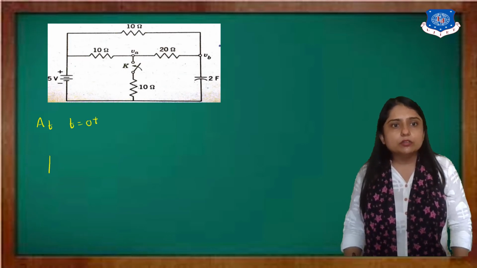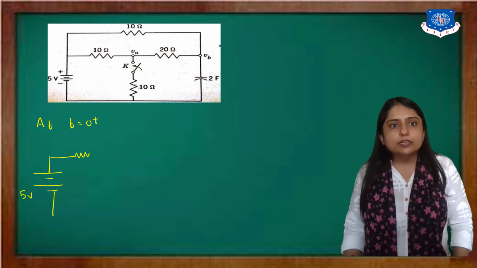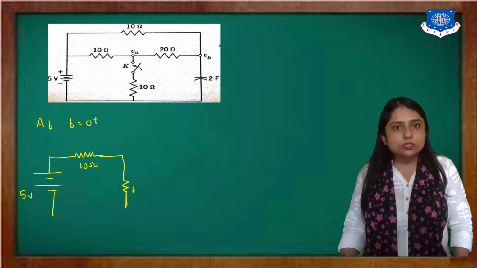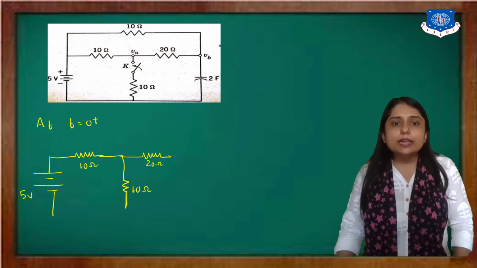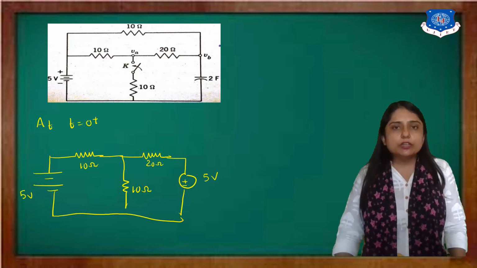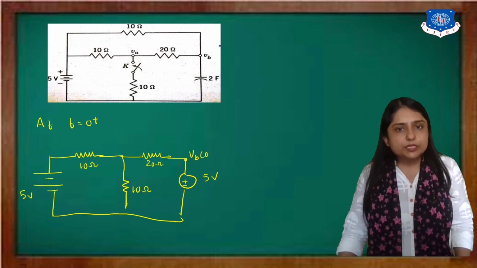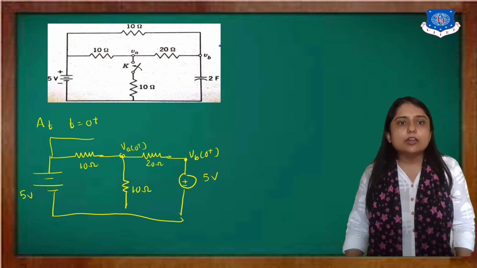So here, first of all, this is a 5 volt source, then a 10 ohm resistor. Then we have to consider our circuit is closed, that is 10 ohm, and here it's 20 ohm. And for the capacitor, the voltage drop across it initially is VB(0-), and that was 5 volt. So we will represent the capacitor as a voltage source. This value is known as VB(0+). This value is known as VA(0+). And this 10 ohm resistor is as it is.